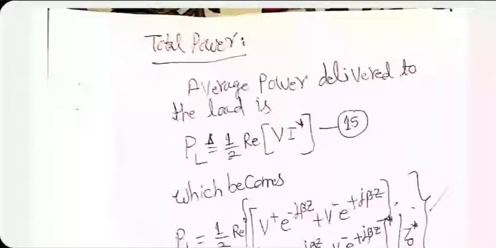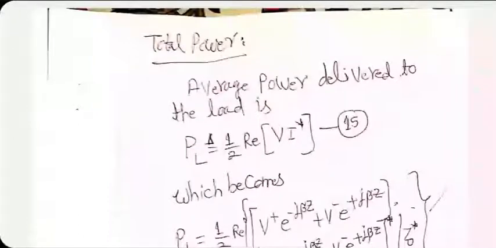I'm talking about average power. I'm not talking about reactive power at all. Complex power has two components, P and Q. I'm not talking about Q here at all. The average power is defined as 1 by 2 real part of V multiplied by complex conjugate of I. This was done, I think, in first year also. Here, V and I are assumed to be peak values. That's why 1 upon 2 comes in.